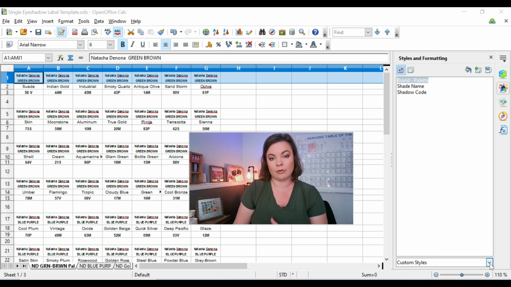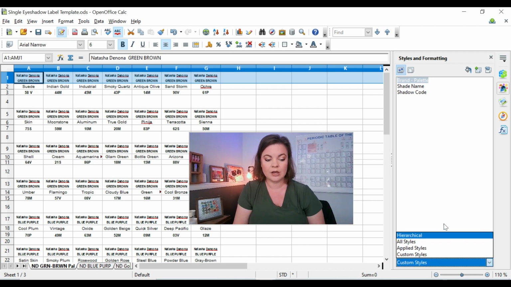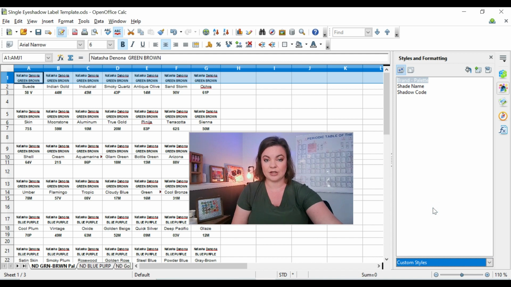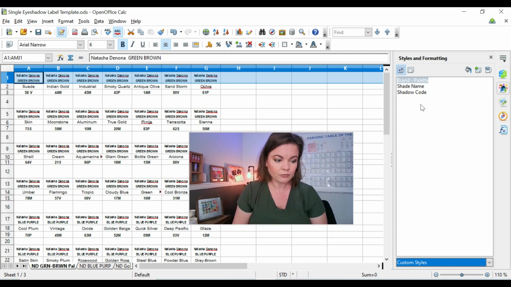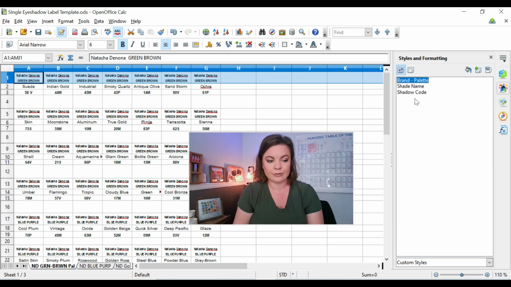So here's where you would go to make a new one, and then also I just want to let you know that down here they have these different types of styles. But just go ahead and click custom styles, and then that's where you can add your own. You can go ahead and add a new one. I've already done that, so I don't really need to add any more, but that's where you would go to add